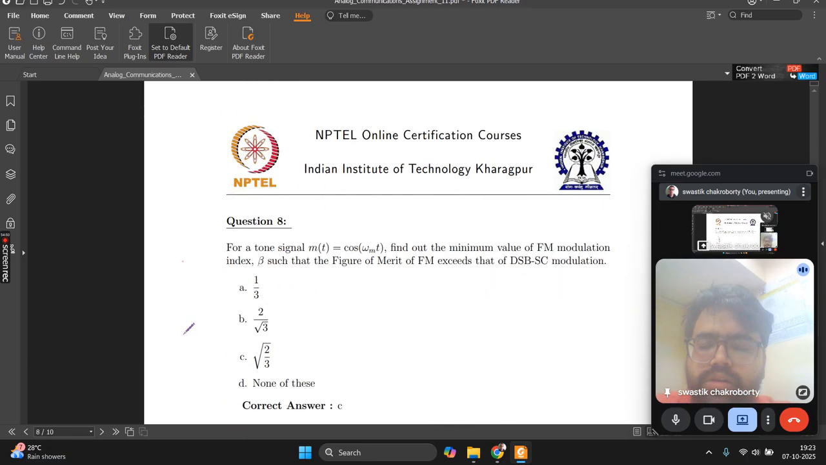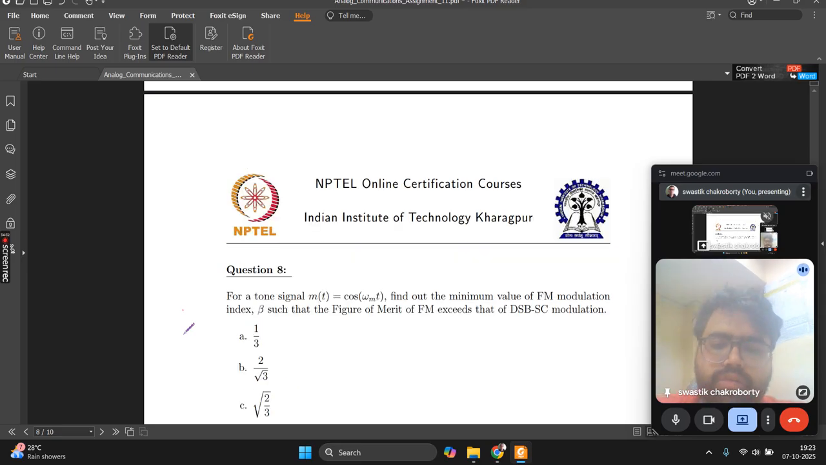Now, for a tone signal, m(t) equal to cos omega m t, find out the minimum value of FM modulation index beta such that the figure of merit of FM exceeds that of DSBSC. So there is a tone signal, that is, it contains a single tone, a single frequency, and